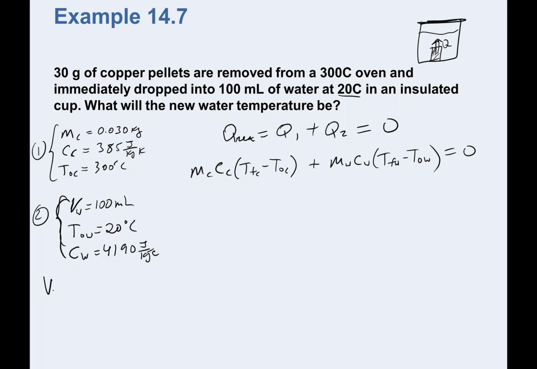So volume of water, let's say, remember, so it's 100 milliliters. So what I can do here is I need to convert this to, first of all, let's say cubic meters. So what I do here is, let's say, I can first convert it, where 1 milliliter is 10 to the negative 6 cubic meters, and then convert to, oh,